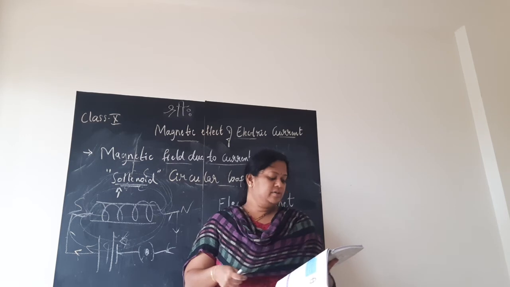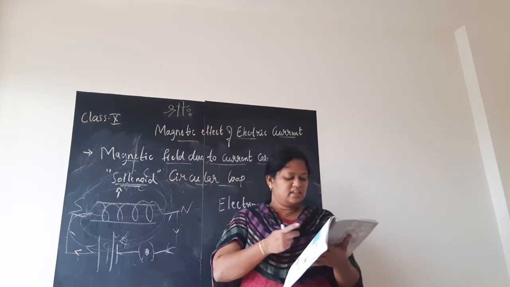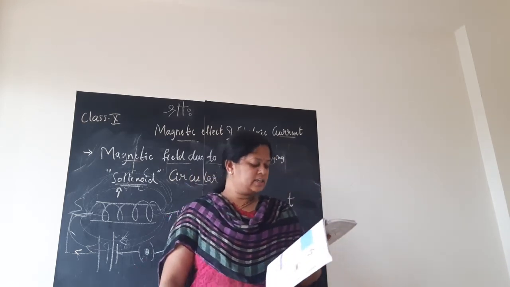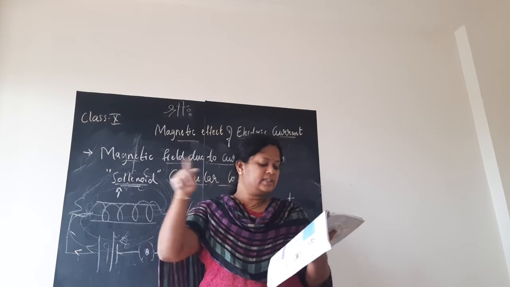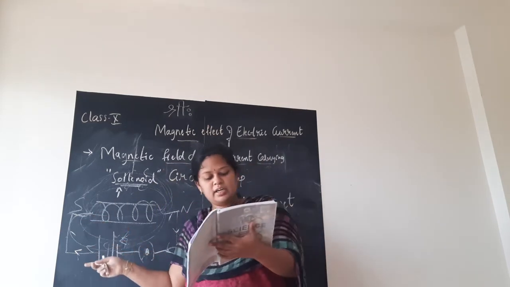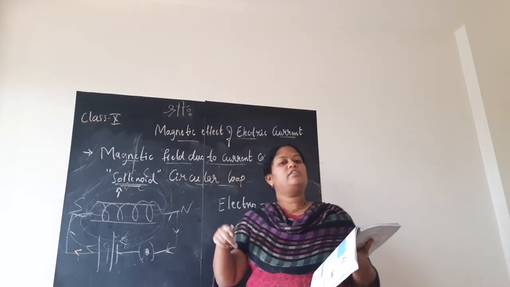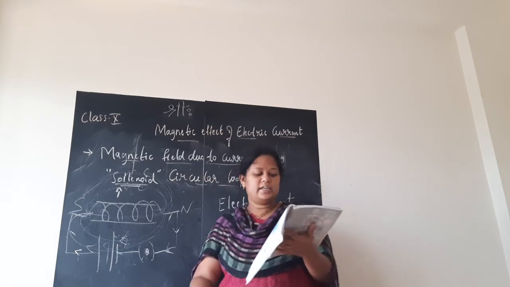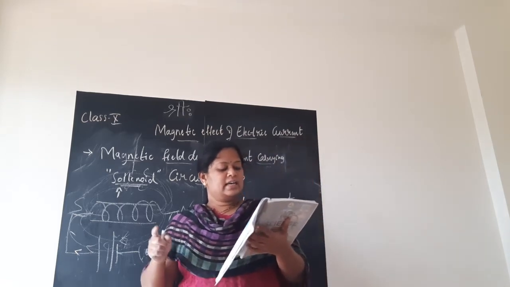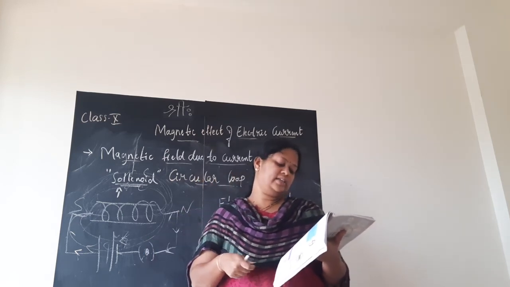Page number 122, you have magnetic field due to a current through a circular loop. This paragraph is very easy, you can read it. Similarly, at every point of a current carrying circular loop, the concentric circles representing the magnetic field around it become larger as we move away from the wire, and by the time we reach the center of the circular loop, it becomes a straight line. I said the same story that time. So every point on the wire carrying current would give rise to a magnetic field appearing as a straight line at the center of the loop.